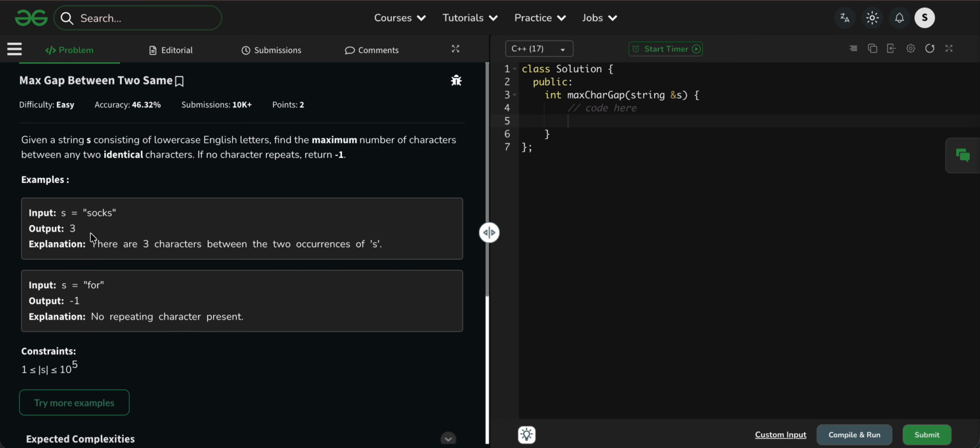What is the code, and how can we understand the code, like what we can write here? That is a very simple one. I explain the simple approach: start a loop, and then in the loop we just have to check.